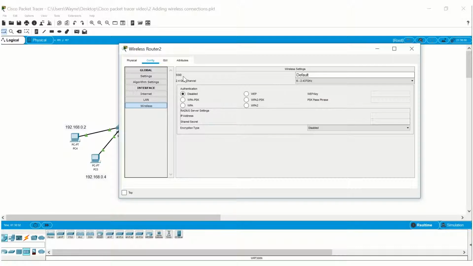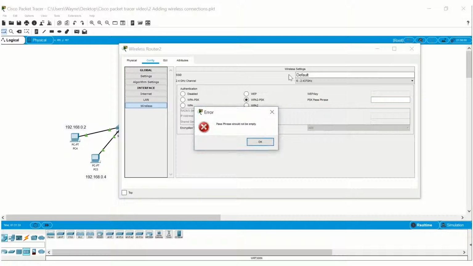The first setting that's of interest is the SSID, which stands for, unimaginatively, a service set identifier. Most of us would just think of this as the name of the Wi-Fi network, perhaps like Joe's Cafe or something like that. By default, the way this one has been set up, there is no authentication required, but obviously if we were really setting up a Wi-Fi network, we would certainly want to password protect the network and use encryption. And we would set a passphrase here,